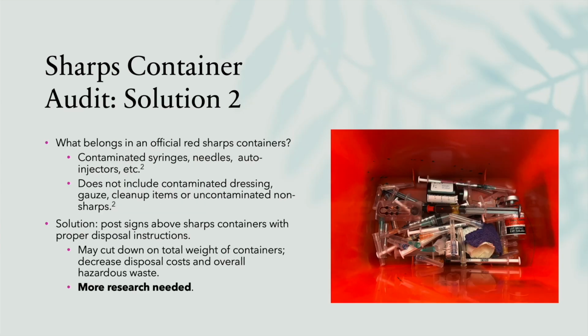An alternative solution to reduce costs of disposal and hazardous waste volume is to place signs over containers indicating what is appropriate to dispose of. FDA-cleared red Sharps containers are Category 1 waste. This means that they are used for regulated biohazardous or medical waste. Any object that is discarded into these containers is contaminated and is therefore considered hazardous, even if it is not inherently hazardous. Materials that are appropriate to discard in these containers include, but are not limited to, contaminated syringes, needles,